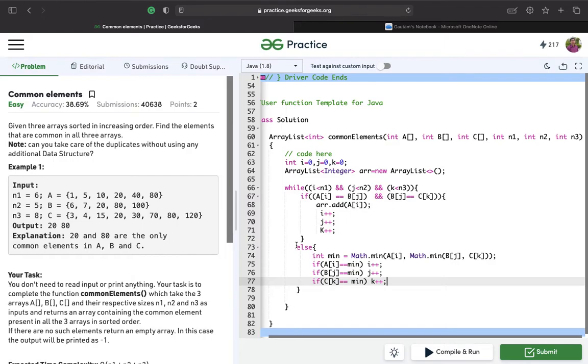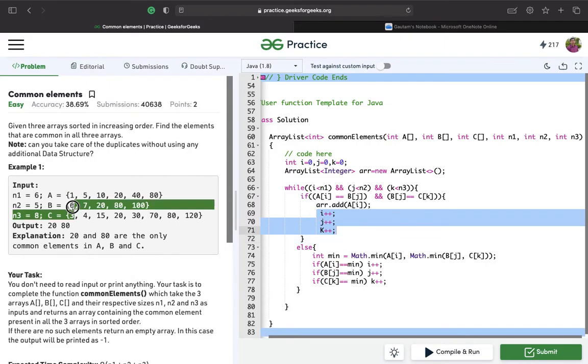So what I've done over here is, initially if all three are equal, we'll add the element to the array list and increment all 3 pointers. Else we need to check which is the minimum element. For example, if 1 is the minimum, we need to increment only the minimum element, not the larger element, as I explained earlier, because it will cause an error in the program.